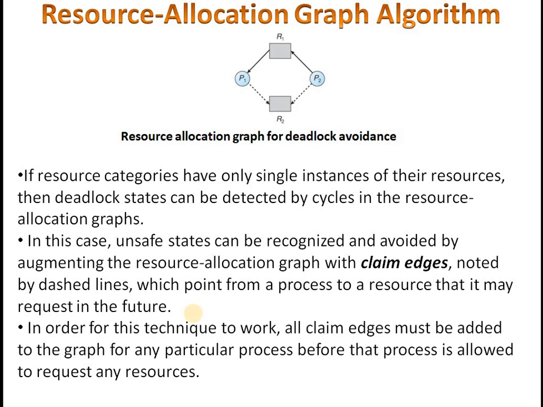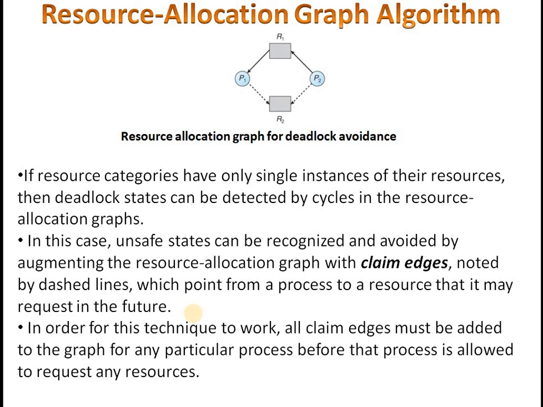If resource types have only a single instance of their resources, then the deadlock state can be detected by a cycle in the resource allocation graph. In this case, unsafe state can be recognized and avoided by augmenting the resource allocation graph with claim edges